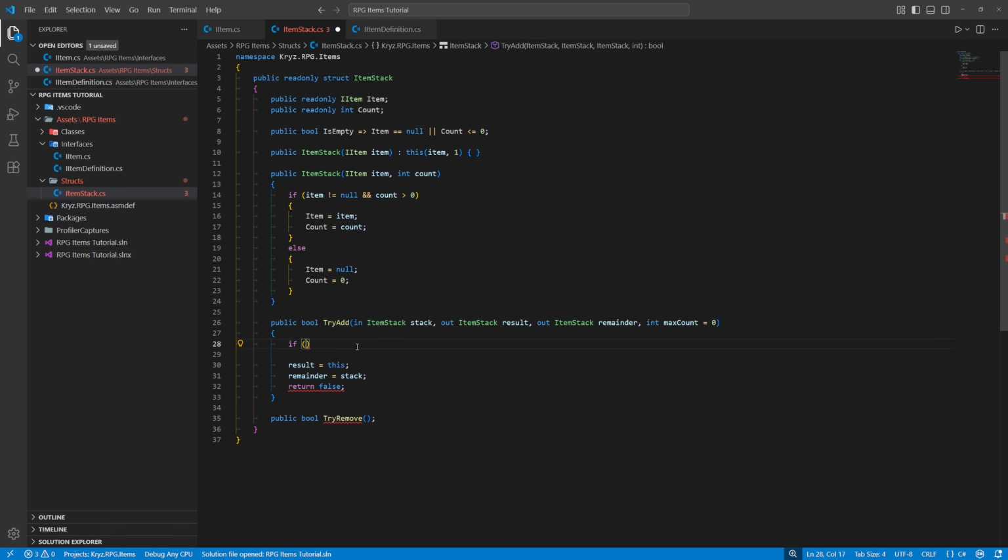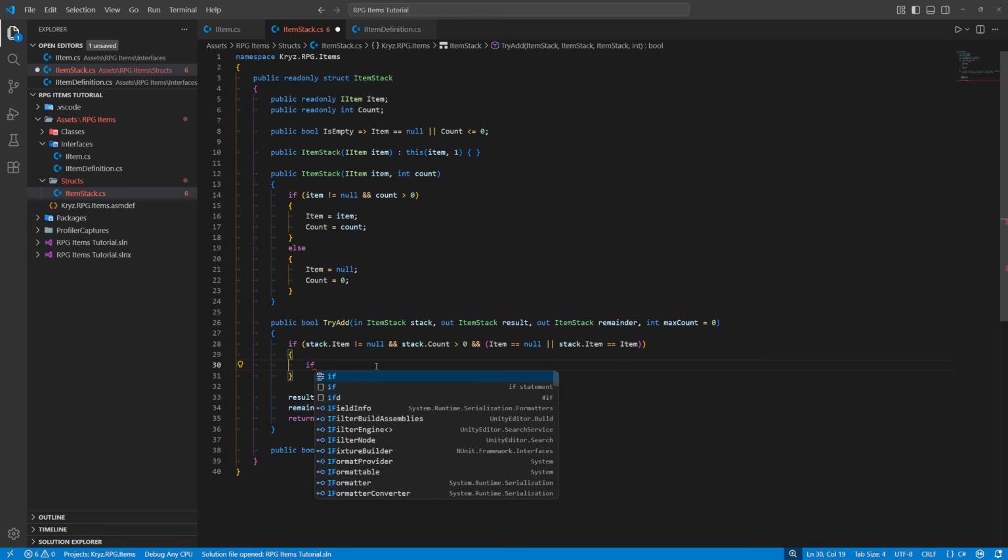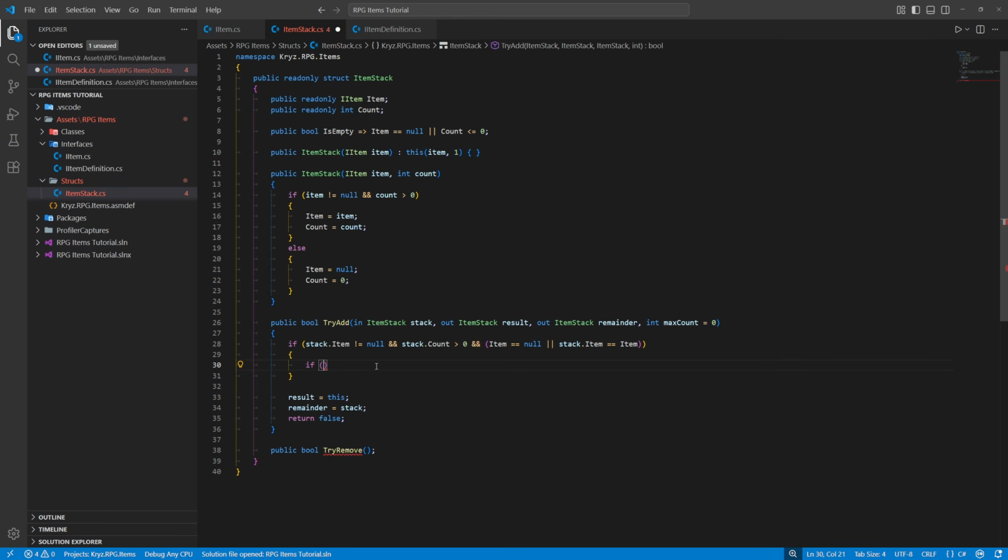Well, the first thing is that this only works if the stack we are adding is not empty. So its item cannot be null and it needs to have more than 0 items. So if we've established that the stack we are trying to add is not empty, then a stack that isn't empty can only be added to a stack that is empty or already has the same item that we are trying to add. So if the stacks are compatible, then we have to determine what is the maximum count